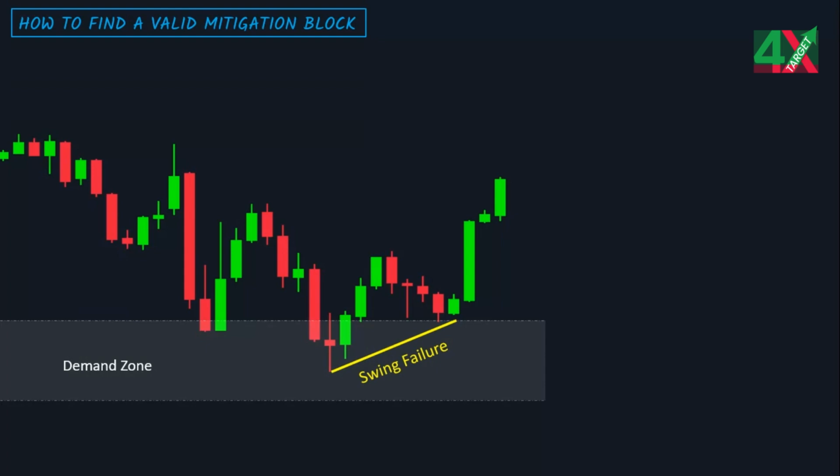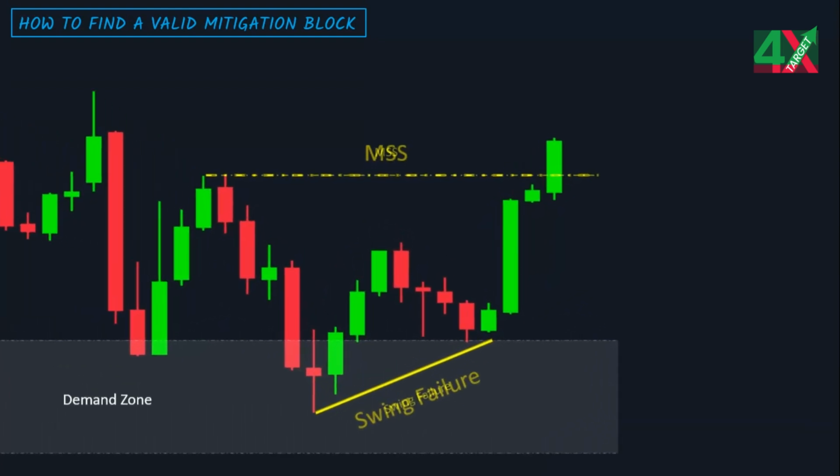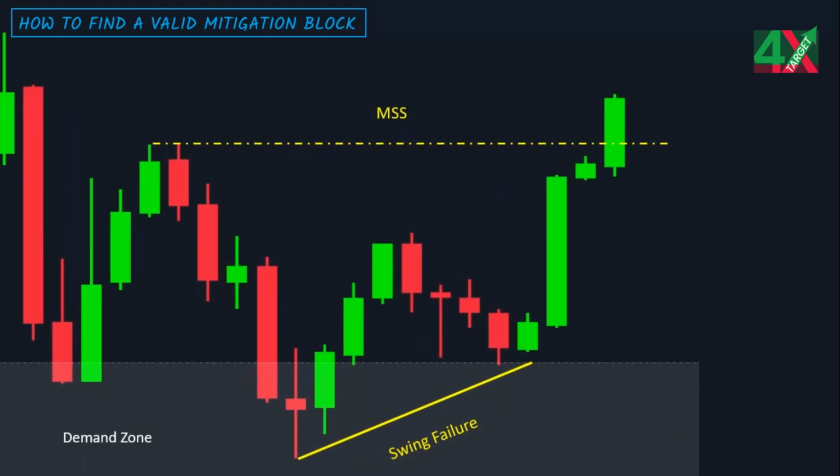To further strengthen the setup, look for a market structure shift. This means that the break of a key high or low confirms the failure of the prior trend and validates the creation of the mitigation block. Without this structural shift, the pattern carries much less weight. The last up-close candle of the previous high becomes the bullish mitigation block. Now mark the zone from the top of its wick to the bottom of its wick, and then extend it